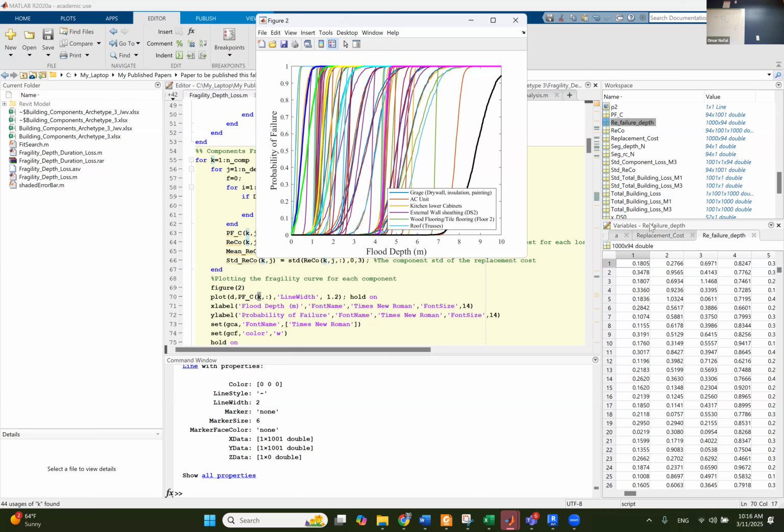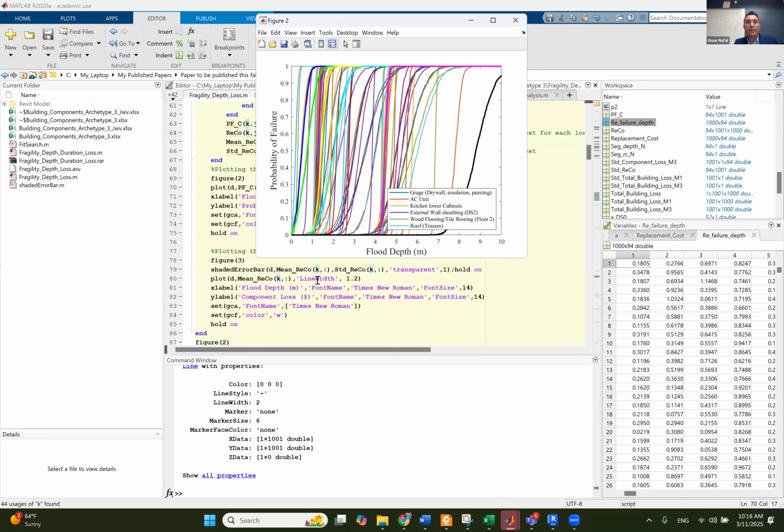Because here, there are not as many components at 3 meters as here. Maybe lots of mechanical stuff, because this is a mechanical building, but I'm talking about a residential building. So there are not many components here. That's the reason. If I have a 1-story building, I'm not going to have this pattern. I'm going to have all the components concentrated here, and not much here. Okay, so that's the fragility curves of the